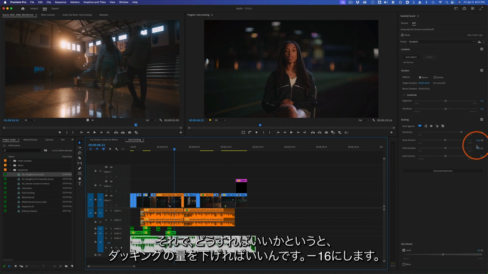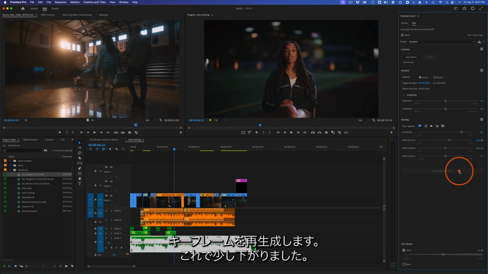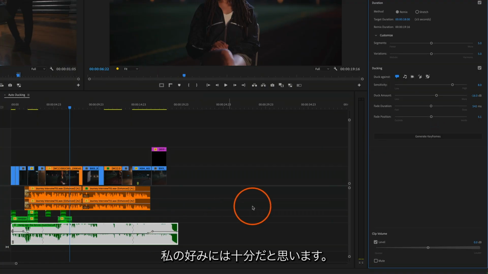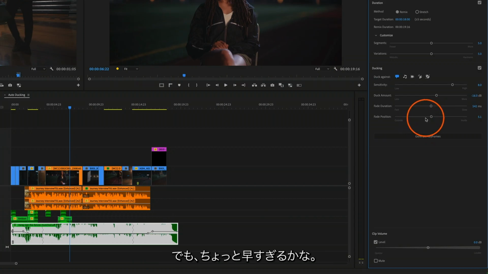It's still a little bit loud. So what I can do is bring the duck amount down. I'll go -16. Regenerate the keyframes. That lowers it a little bit. Now the fade duration sounds pretty good. I think it's fading in and out quickly enough for my taste, but I think it's coming in a little